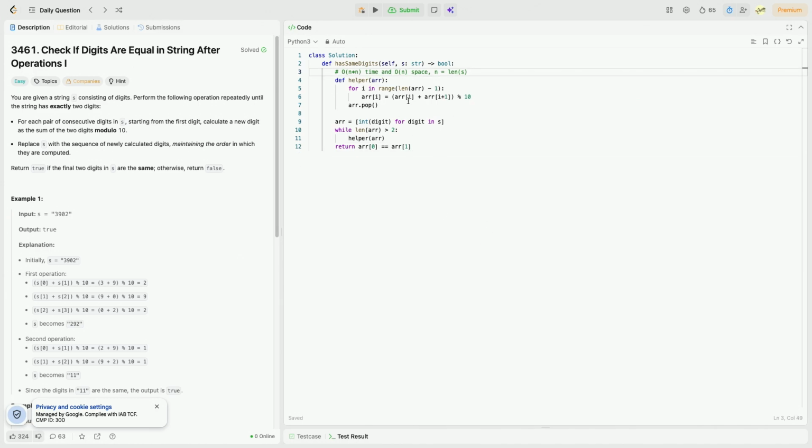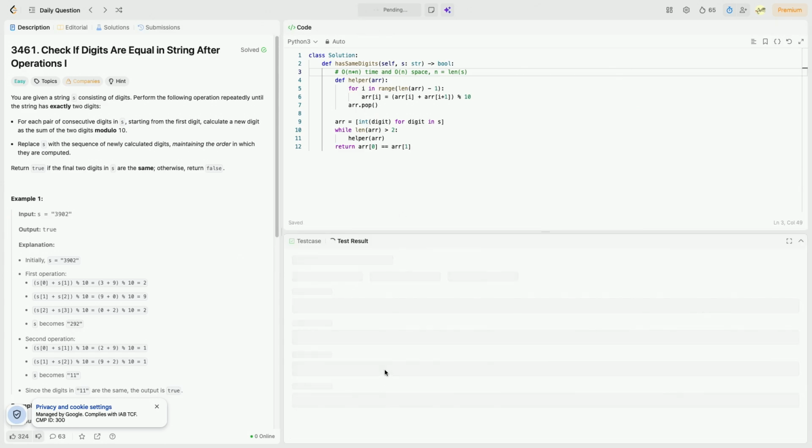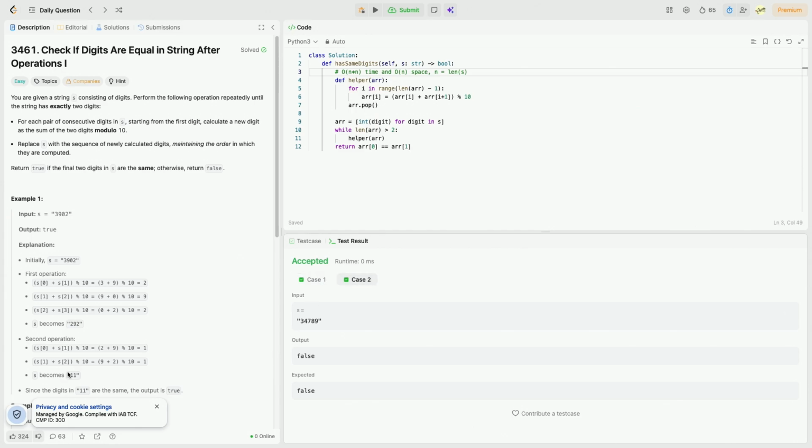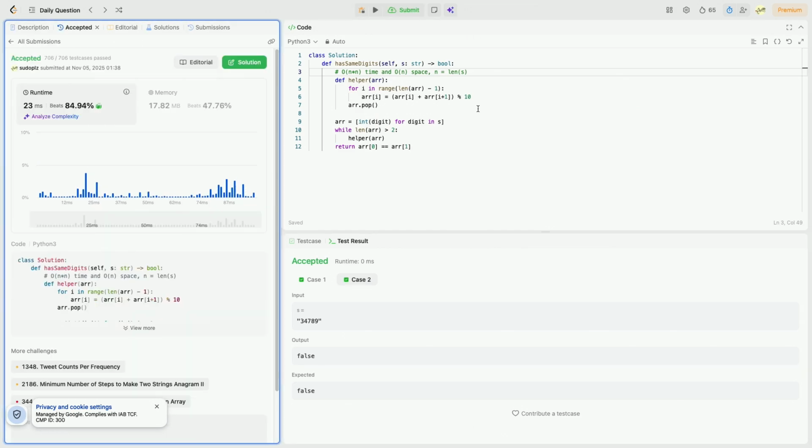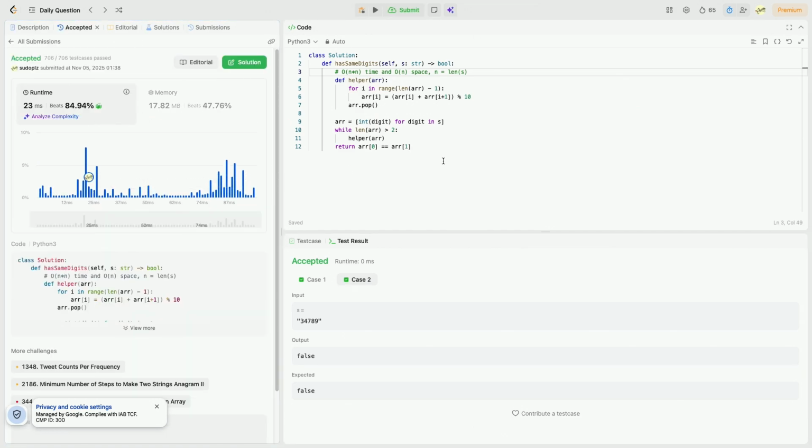And let's just run the test to see if I'm actually correct. Okay, both of the test cases passed, the positive one and the negative one. Great. Now it's time to submit it. And we're actually passing all of the